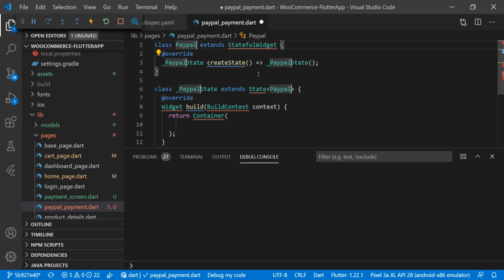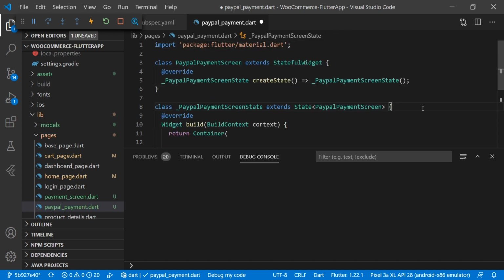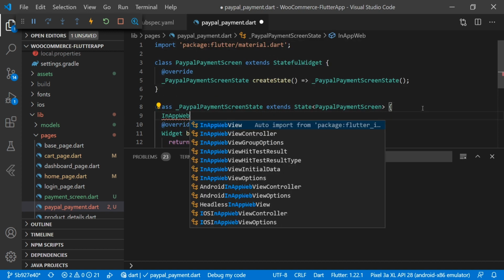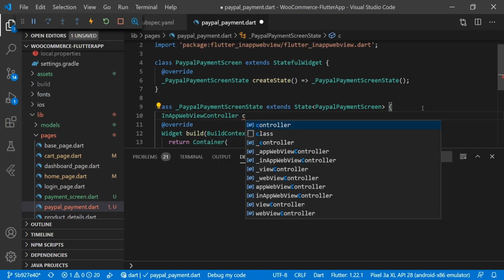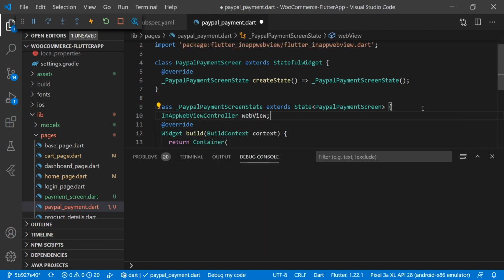PayPal payment screen, and here we will have web view controller. Then we will have string URL equal to null. Then we have a double type of progress equal to 0.